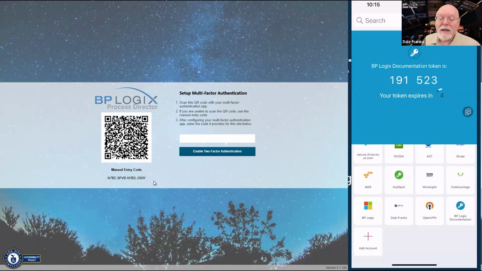Now, some authenticator apps don't do the QR code deal. There are more limited devices, and they'll require that you enter a manual code into the device to create the setup. In fact, I think you can manually enter the code in Authy.